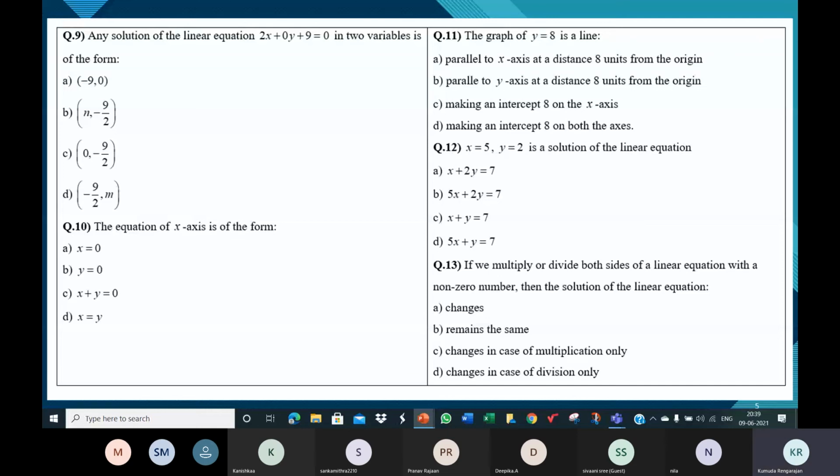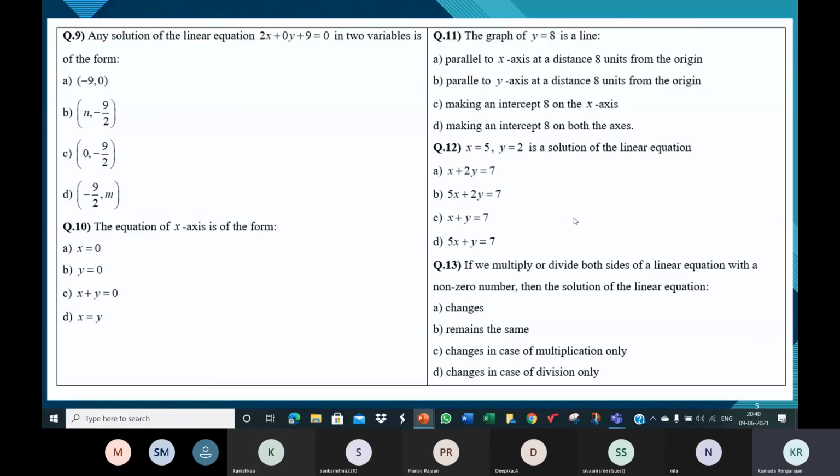Let's just take up one of these equations, say x plus y is equal to 7. Now say we multiply both the sides by 2. Then we get a new equation, 2x plus 2y is equal to 14. What is the meaning of the statement here? When you take up x plus y is equal to 7, the two sides are the LHS and the RHS. When you multiply or divide both the sides by a non-zero number, something other than 0, if you multiply this equation by 2 on both the sides, you will get 2x plus 2y is equal to 14.